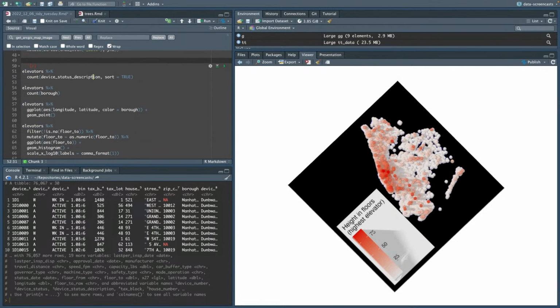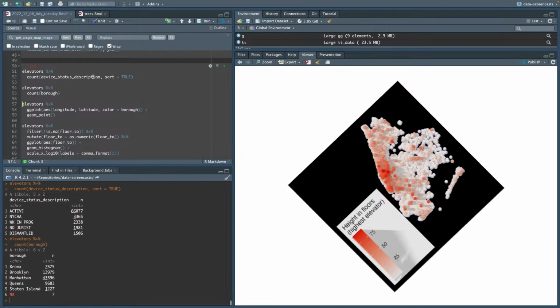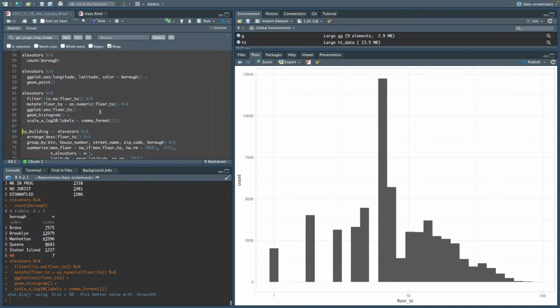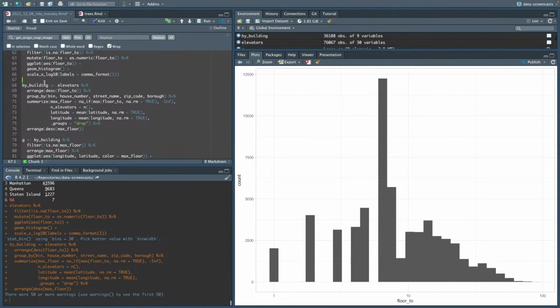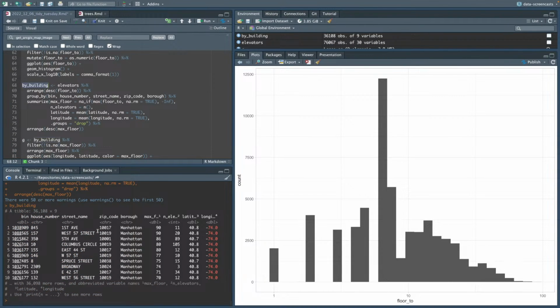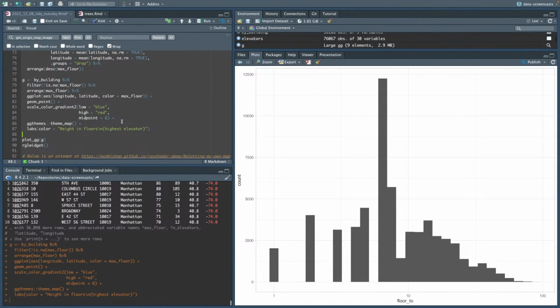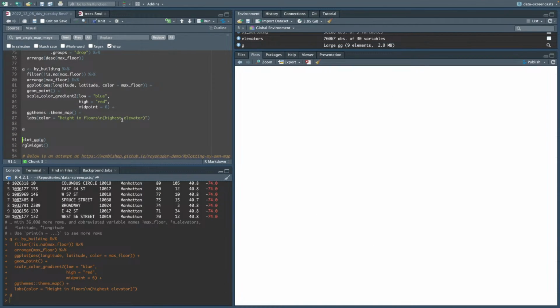And then we looked a little bit at some things like status and borough, but really I want to jump straight to two things, which are heights and locations of buildings. We looked at a distribution of height, where they might want 6 to be maybe the median. We aggregated by building because there can be multiple elevators in a single building. We looked at some of the top ones and looked them up, but then really the key was all about looking at these